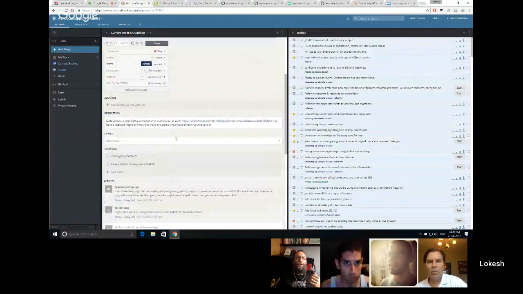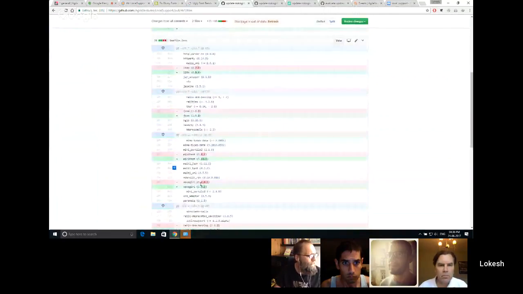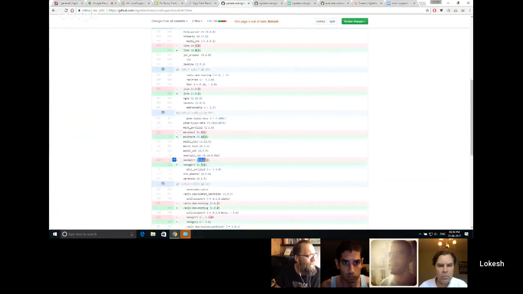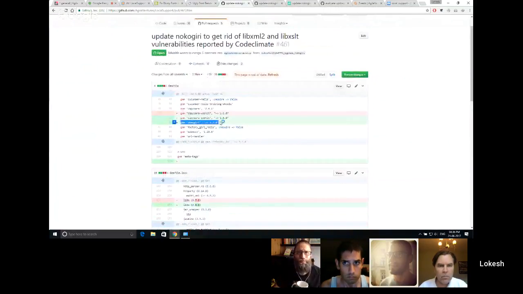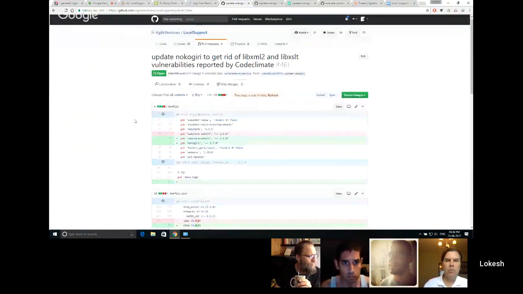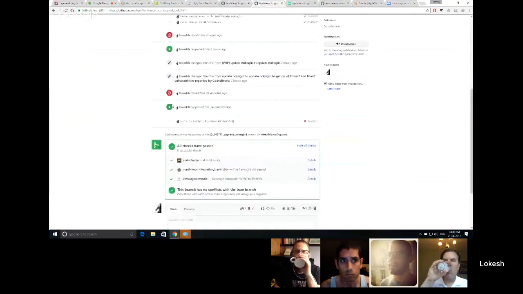So the problem was the Nokogiri version was vulnerable. 1.6.8 was vulnerable. So I included this line, and this simply solved the issue. Earlier, I was upgrading other applications, other gems, but I just solved the issue. Well done. Great. And for the other one,